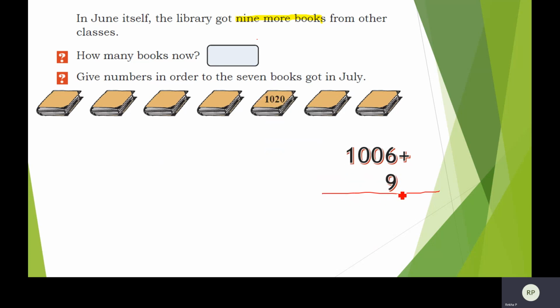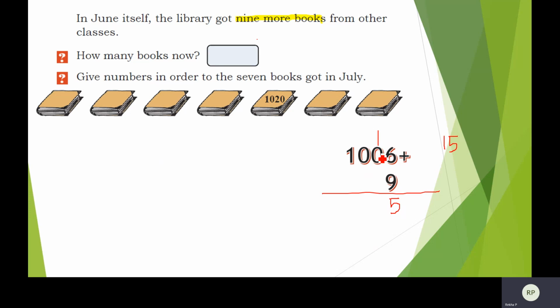So 6 plus 9 you have to do. So what is 6 plus 9? It is 15. Okay, 6 plus 9 is 15. So as we have discussed earlier, when you get a 2-digit value, write only 1 digit here in the place. So that is 5, whichever is in the ones place, and the next thing you have to carry forward to the next position. So 5 you have written here, and you have to carry forward 1 to the next place.